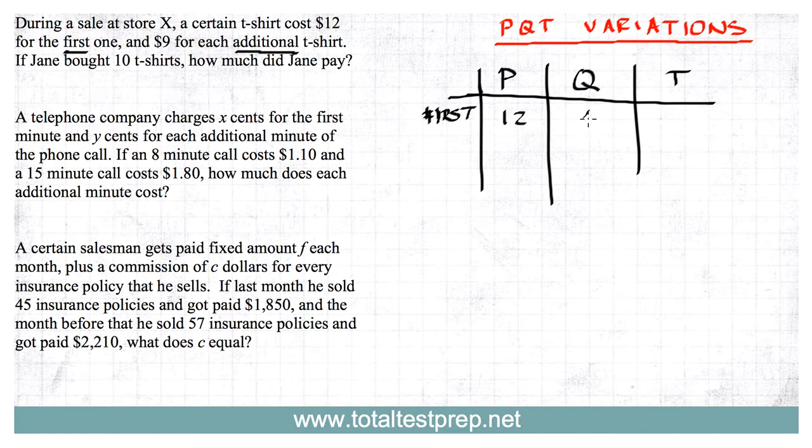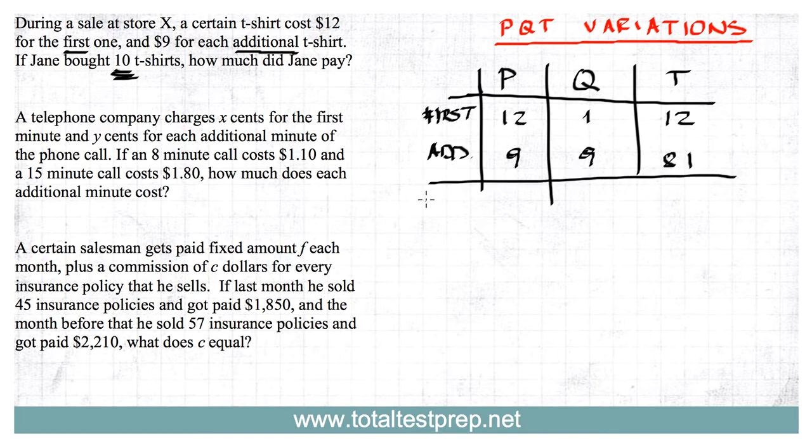That's a quantity of one. You're only paying that once, so you pay $12 for the first T-shirt. And then for additional T-shirts, you pay $9. Now, if you bought a total of 10 T-shirts, that means you bought one for $12 and then nine for $9. 9 times 9 is 81. And so our total price,